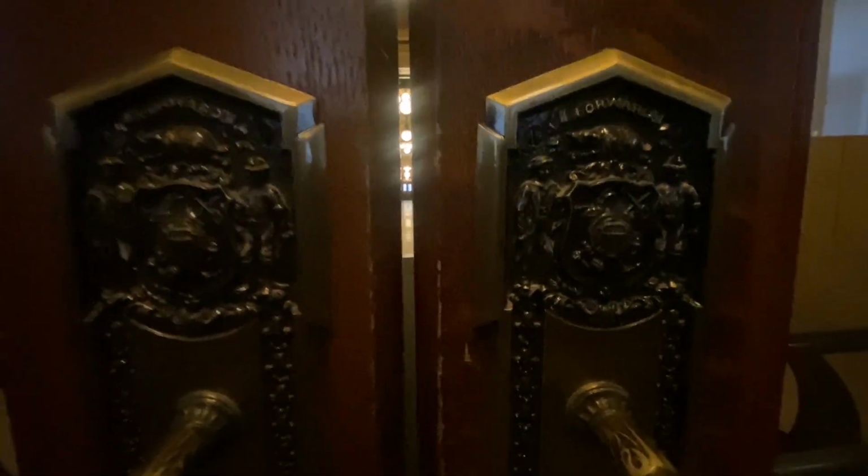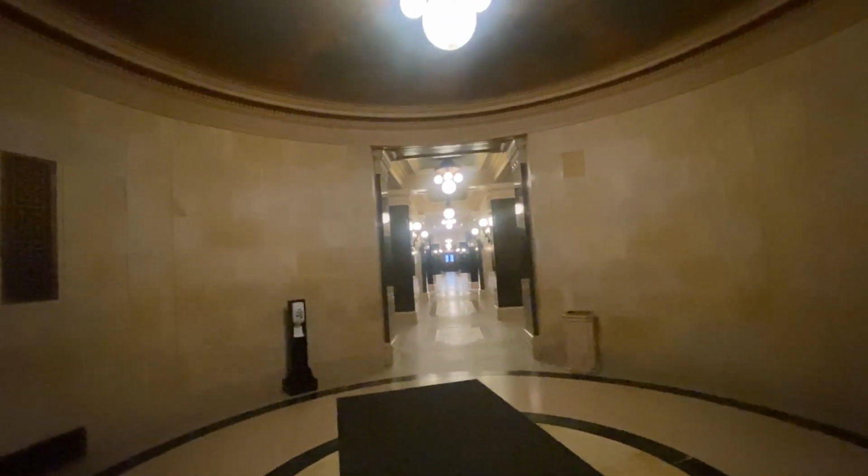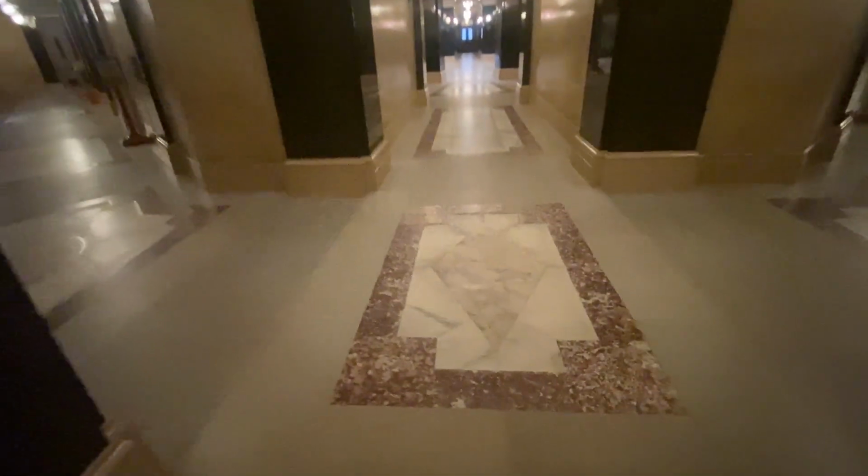And these doors are old wooden doors that are really amazing in themselves. Once you enter, you can see the perfect symmetry of everything. This is a circle rotunda, and everything is marble and seemingly brass. Marble floors,